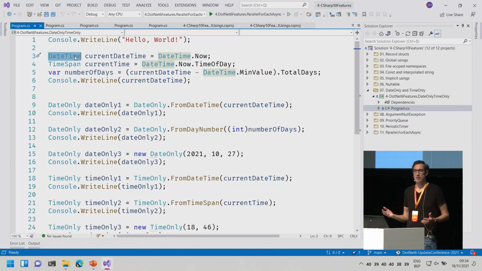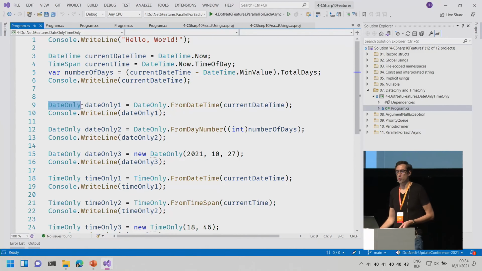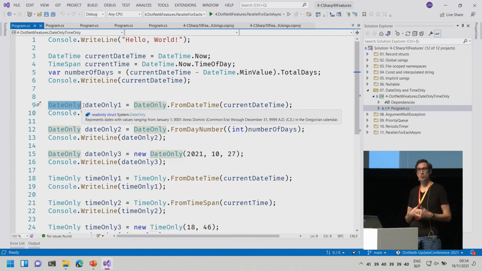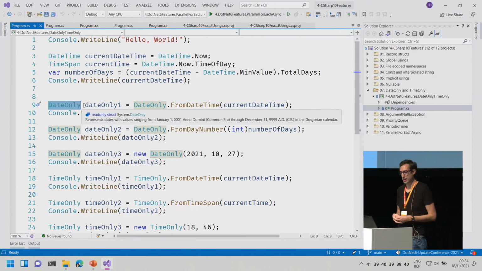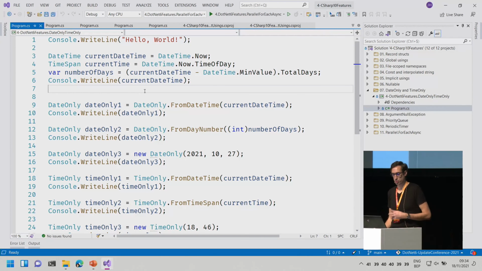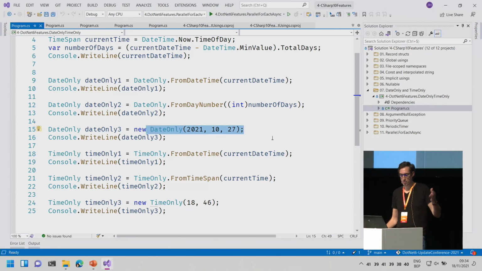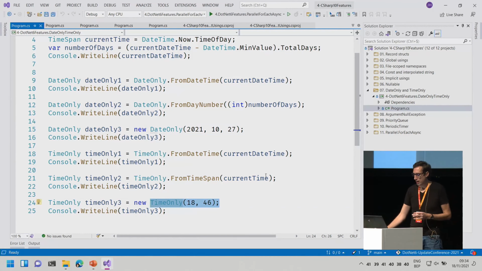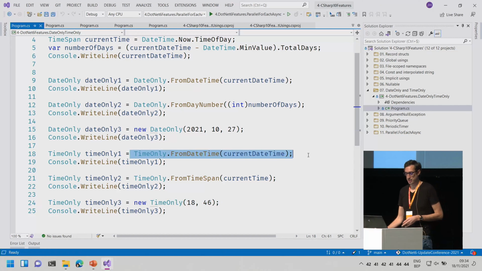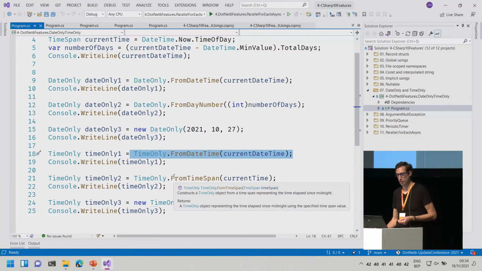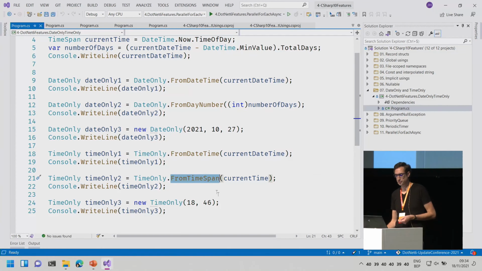All right, then. For some reason it has taken this long, but finally it's here. We already have DateTime since 2002, but today we have DateOnly and TimeOnly. So if you only want to use time and only want to use date, you don't need to work with DateTime. You can use DateOnly and TimeOnly. Very cool. If you want to create a date or a time, you can do that using a constructor and adding year, month, and day, or a time with hours, minutes, seconds, and so on. But you can also create that from a DateTime with the static method FromDateTime or from a TimeSpan.